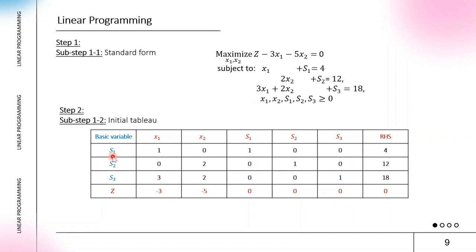At this stage, the slack variables form the initial basic feasible solution. As we can see here, the basic variables are S1, S2, and S3. Then we fill each part of the table based on the coefficients in the optimization problem from here. After completing the simplex table, we can see the negative coefficients in the last row, or the objective function row. These negative values indicate that further improvement is possible. We have a negative sign here and also here.